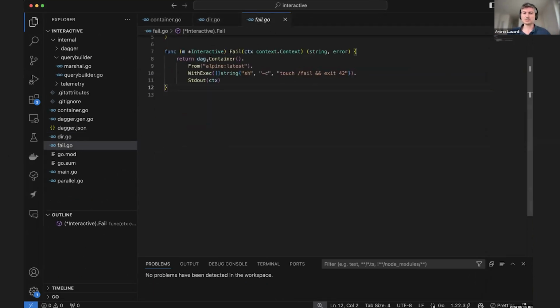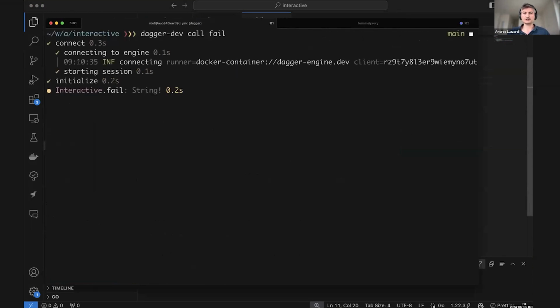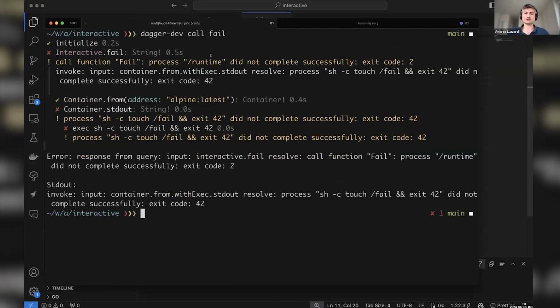I have an example here where I'm going to simulate a failure, basically from Alpine and then exit 42. Here, imagine it's a linter failing, or a go build error, or whatever. So let me call the fail function. And this is the normal behavior: you call fail and then it just tells you, hey, the command failed